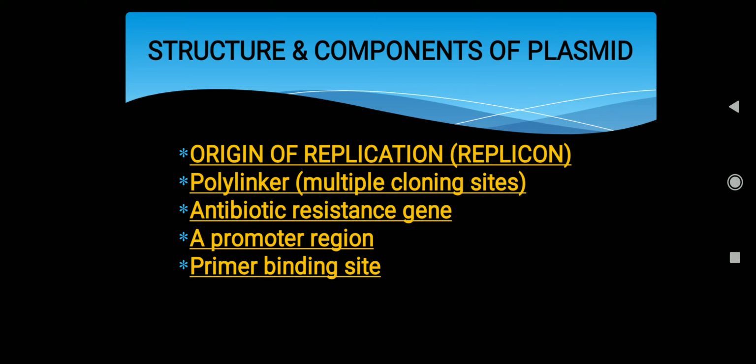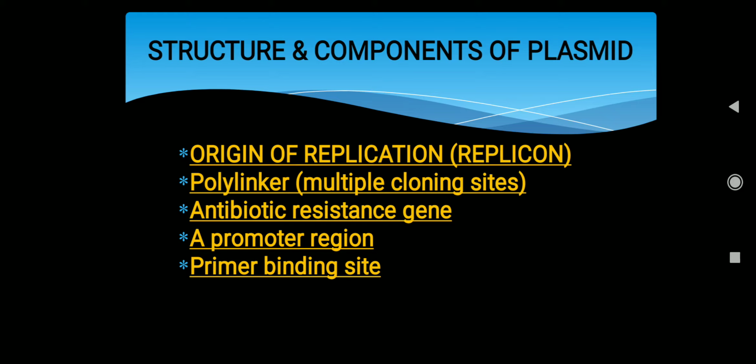Let us move on to the structure of plasmids. As I told you, plasmids are made up of double stranded DNA and they are circular DNA. They are called closed circular DNA molecules because the circular structure of the plasmid is made possible because the two ends of the double strands are joined by covalent bonds. These covalent bonds are phosphodiester bonds and hydrogen bonds. Plasmids are usually small in size when compared to the chromosomal DNA.